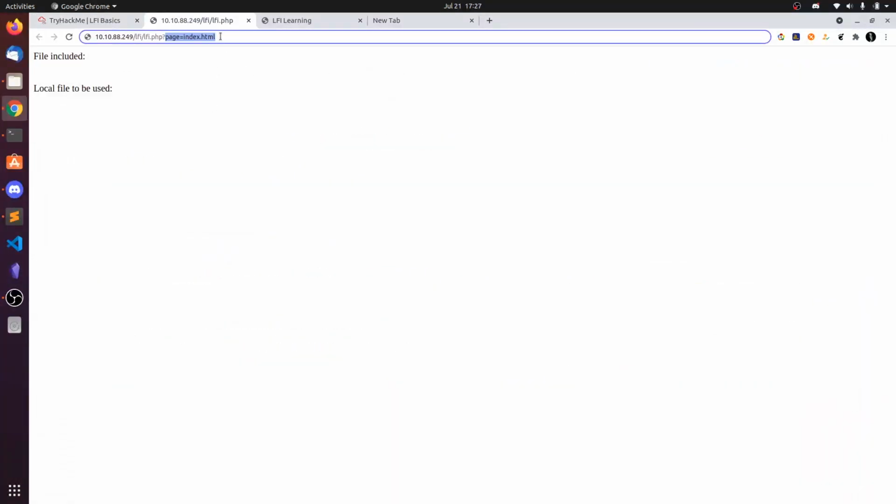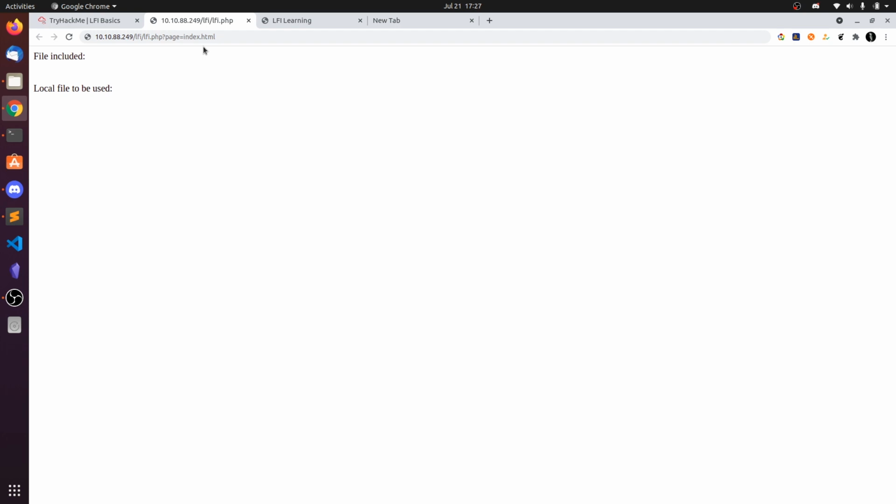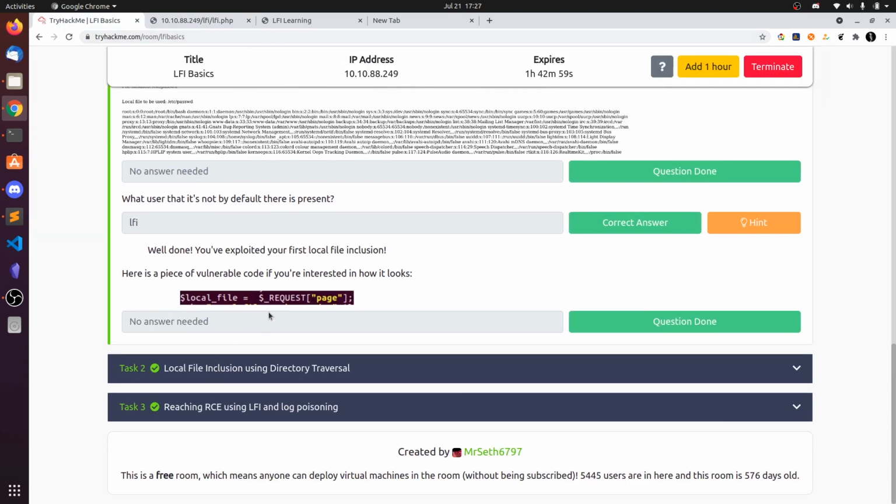So whenever this input is not sanitized properly, this can lead to reading file system files like the passwd and shadow files and other SSH configuration files. So that's why the web developer should put the correct sanitizations here. You can see the backend code is request of page parameter. So whatever file name you are passing into the page, it is directly included as a local file. So there is no filter for the forward slashes or passwd files, etc.